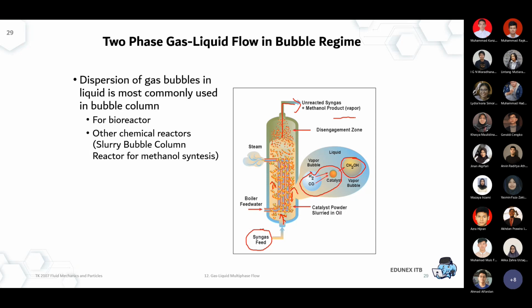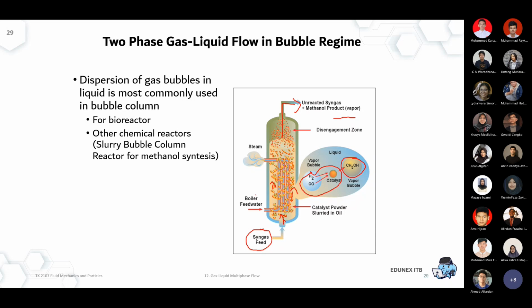So if it's performed adiabatically, that means if the heat is not transferred, usually there will be an increase of temperature inside of the reactor. And in some cases, the increase of temperature is limited, let's say to control the equilibrium of the reactor. Because you know that for an exothermic reaction, the equilibrium will be shifted towards the feed side when the temperature increases, so the conversion will decrease. So it's very common for some reactors to use this kind of heat exchange.